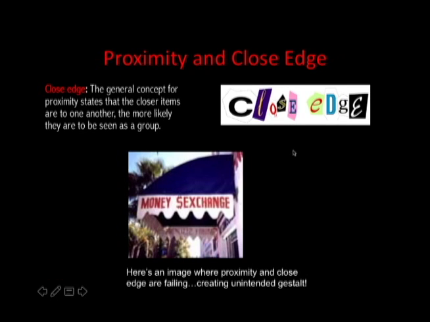Proximity is even more powerful when edges get very, very close. The general concept for proximity is that the closer items are to one another, the more likely they are to be seen as a group. And this is a problem for typographers and text designers all the time. And you can see in this unfortunate use of proximity here that an unintended gestalt was created. The spaces between letters and the spaces between words are a very, very important place to pay attention to proximity